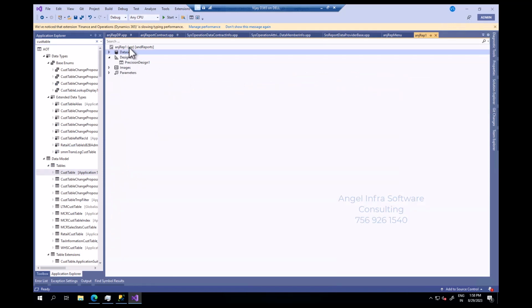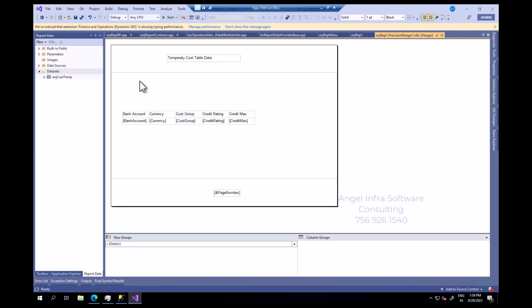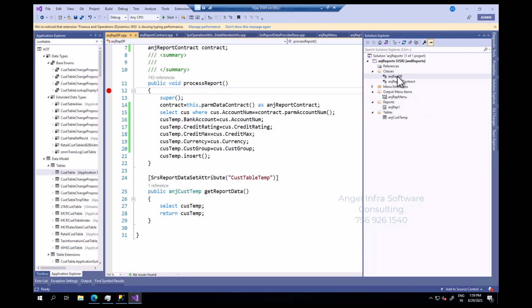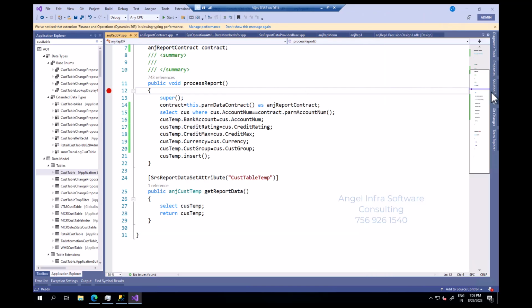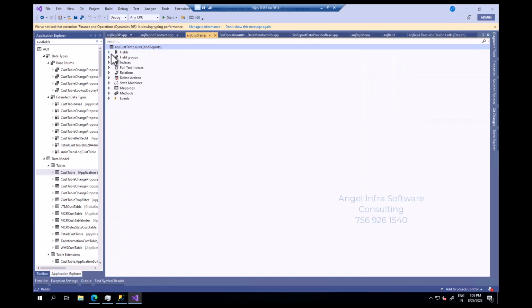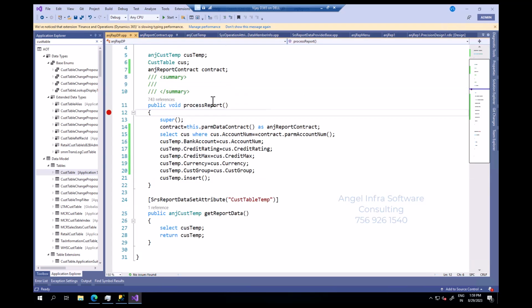So this is my report. I just created a report with a design. Initially, what I did is I started by creating a DP and also a temporary table which has all these fields. After creating the temporary table and the DP, now